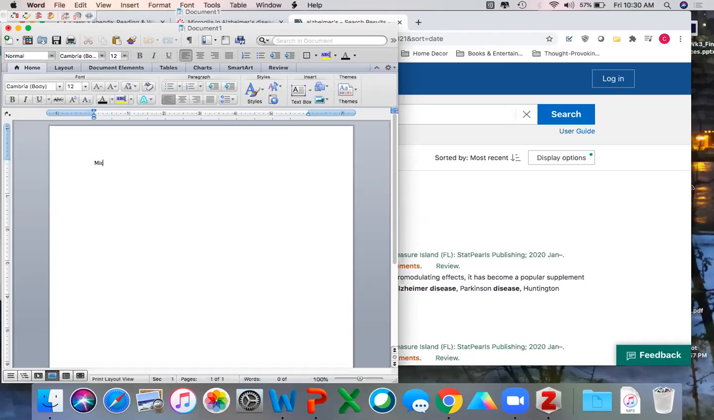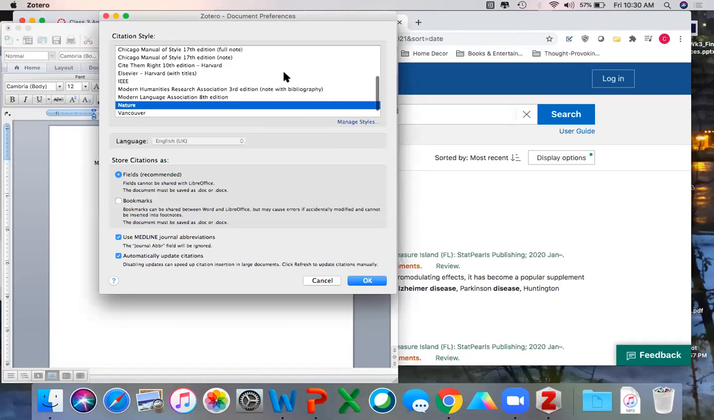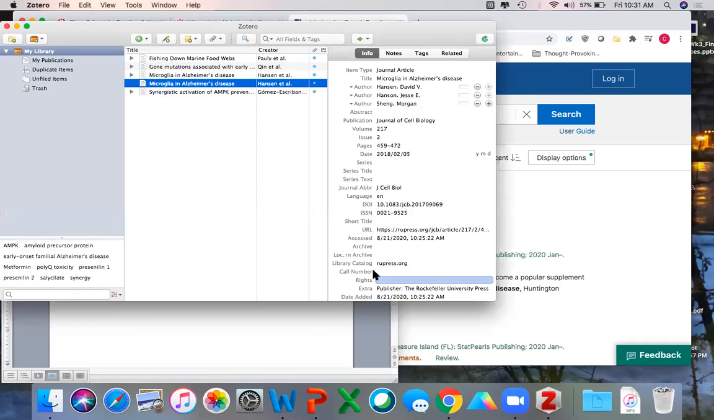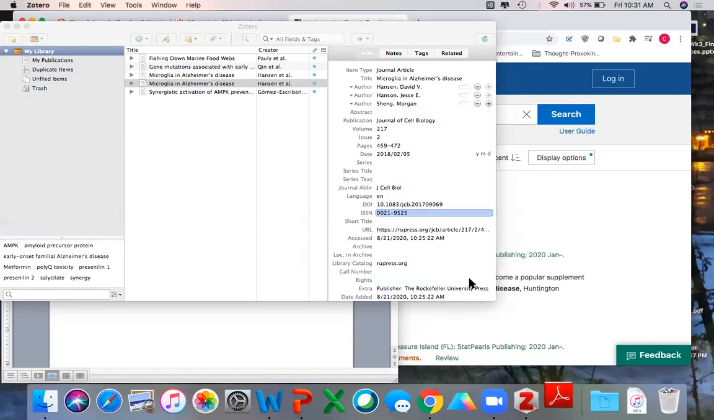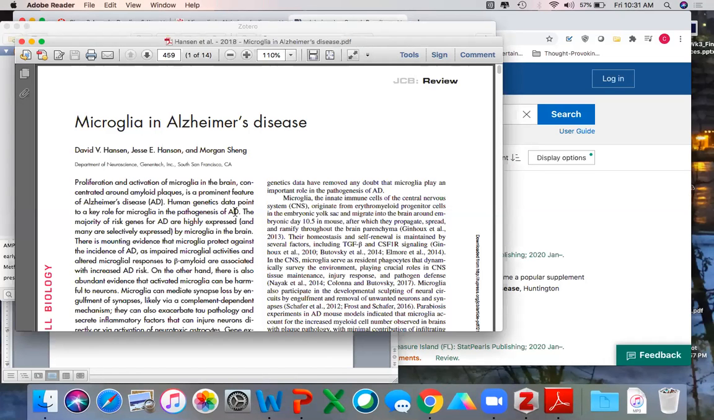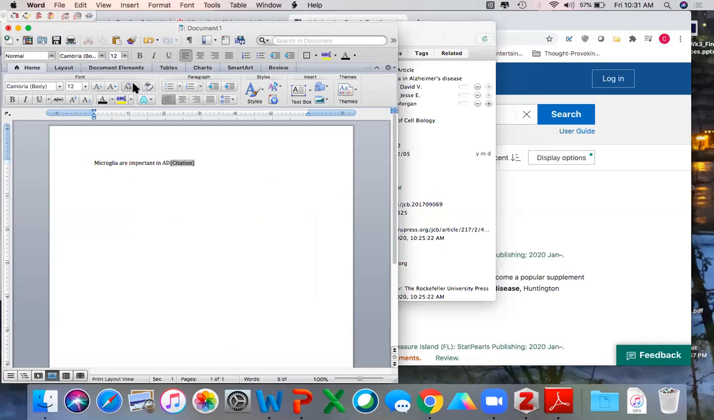So if I write "microglia are important in Alzheimer's disease" and I want to cite that, I'm going to click on the first button in this toolbar, and what's going to pop up is the Zotero. The first time you open a document, you have to pick your citation style. For this class, I would like you guys to click on Nature. And so we're going to click OK, and it's going to pop up the whole toolbar. If you click on this paper, you can then see the whole article. I think that's really cool. The PDF will pop up. But again, if we're in here and we add the citation,